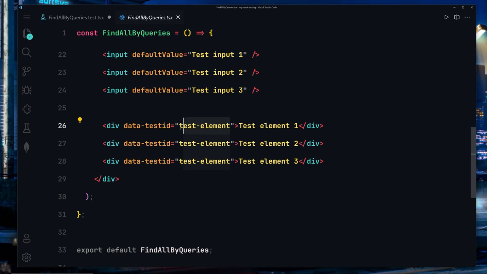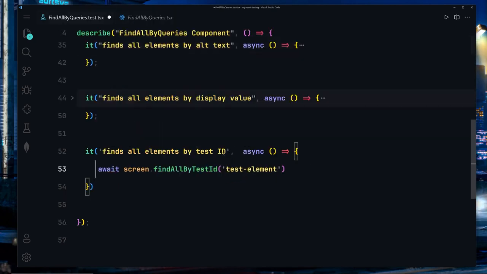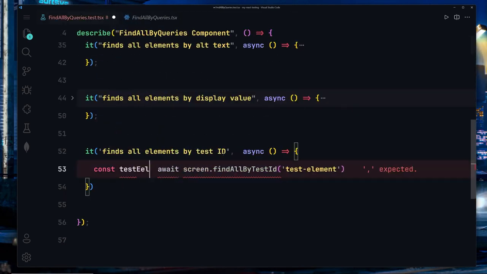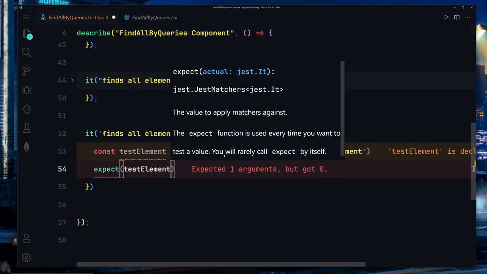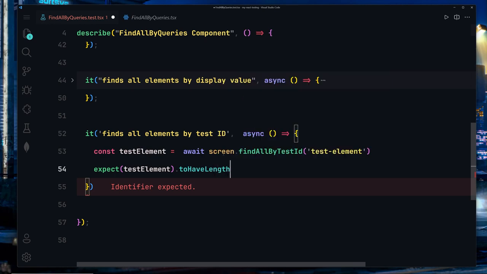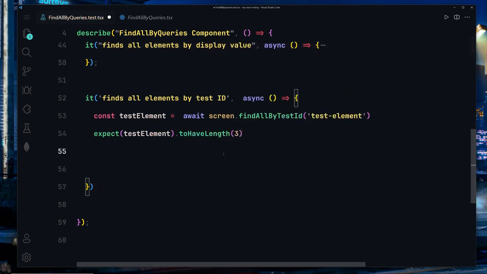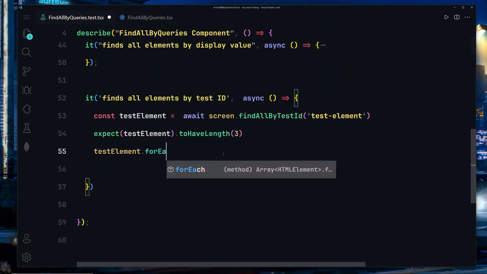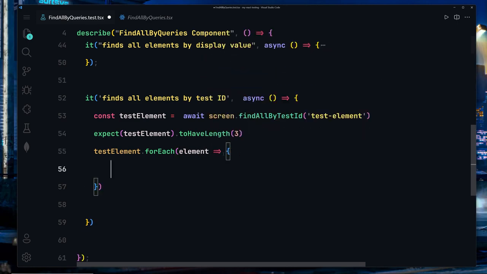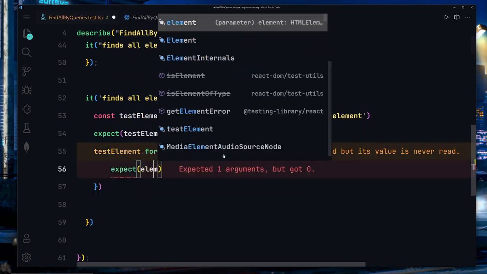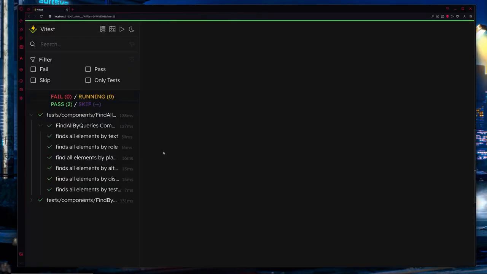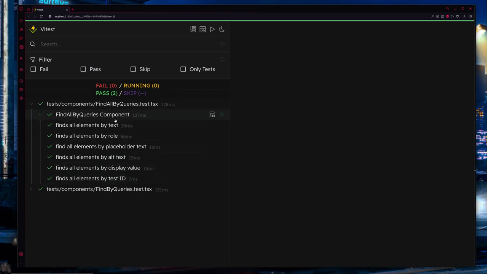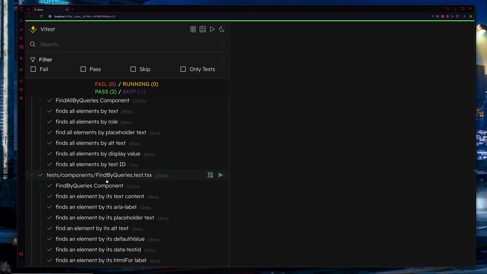So let's copy them and place them right here, and I'm going to use const testElement, which is going to be equal to that. Now underneath there we are going to use expect, provide my testElement, and we want that to have the length of only 3. And now let's use our testElement.forEach(element). What do we have to do? We just want to provide this expectation: for each element we want it to be in the document. Save our file. And finally all of our tests are now successfully passing,